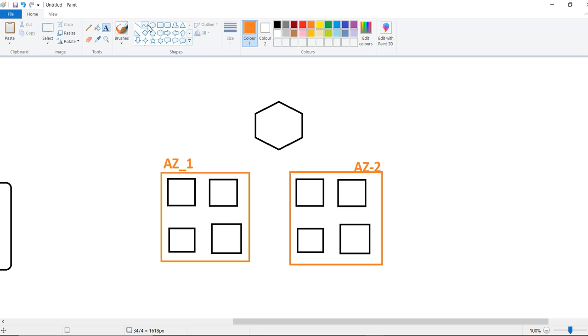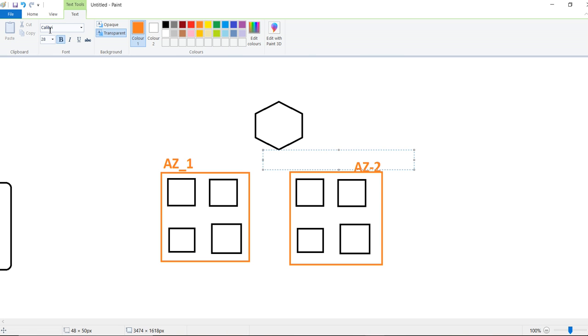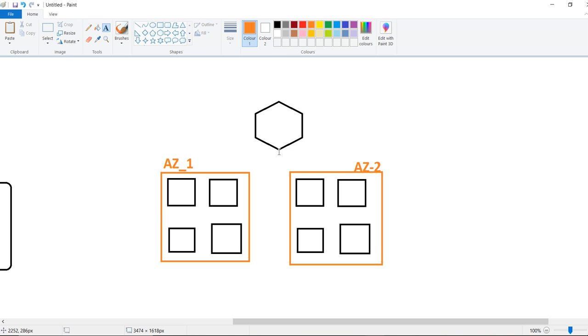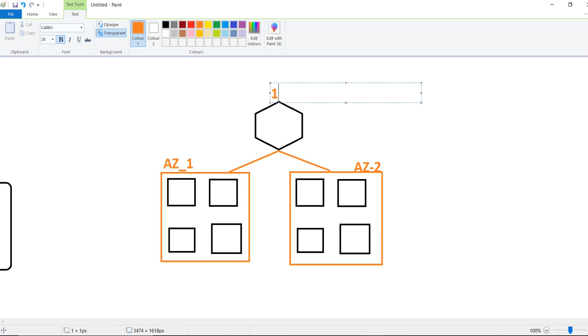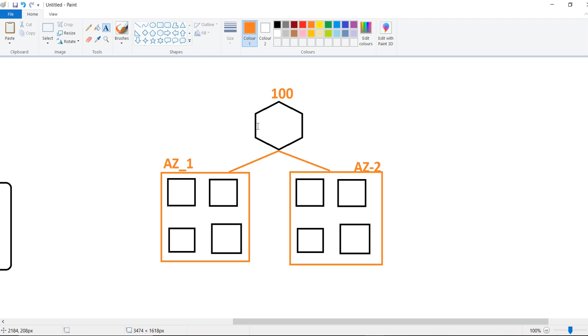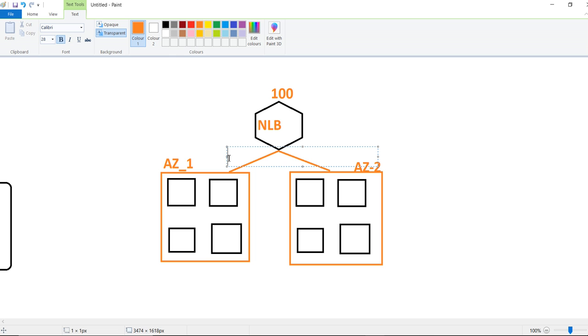Assume now a request is coming, 100 requests. Assume we have only 100 requests. Whenever the load balancer, this NLB, the network load balancer, receives 100 requests, it will distribute the traffic to the first availability zone and to the second availability zone.